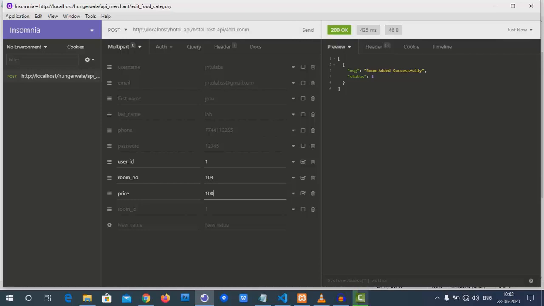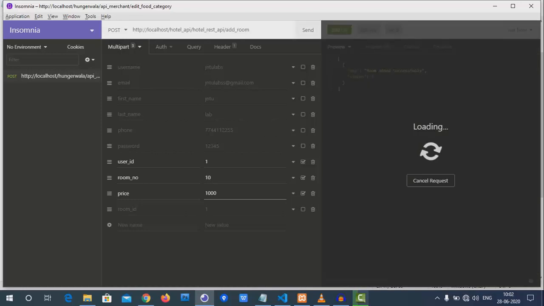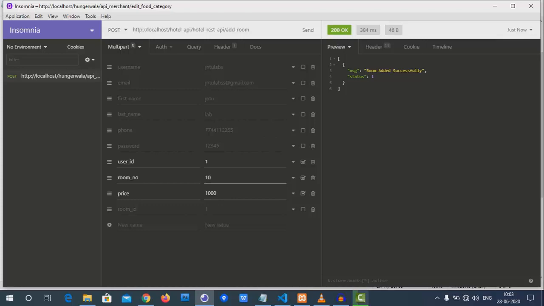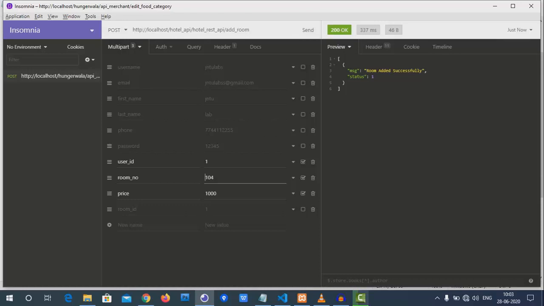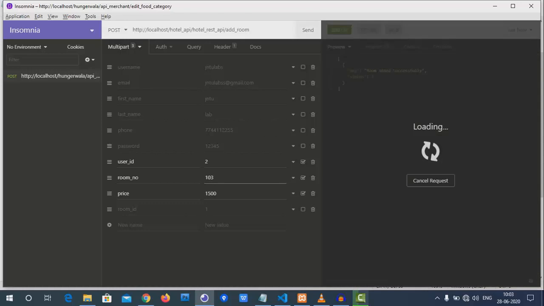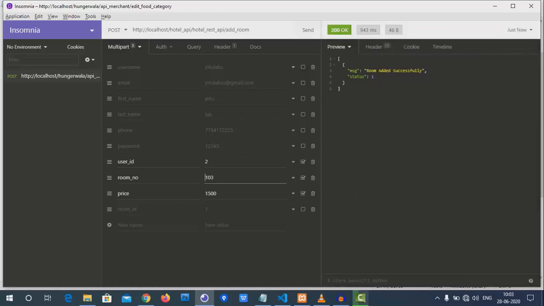This room number already exists, it seems. Sorry. Then we need the room added successfully, right? Let's have 4, and let's have 1000 for this room. Room added successfully. Let's add 4 as well. Let me send the request. I've added different rooms, like room number 10. I don't know why it was not showing, but we have added a few more rooms. Now let us add for user 2 as well. Room added successfully, right? Yeah, room added successfully. Great. It's 15 like 3. That's it. For users 1 and 2 I have added rooms.